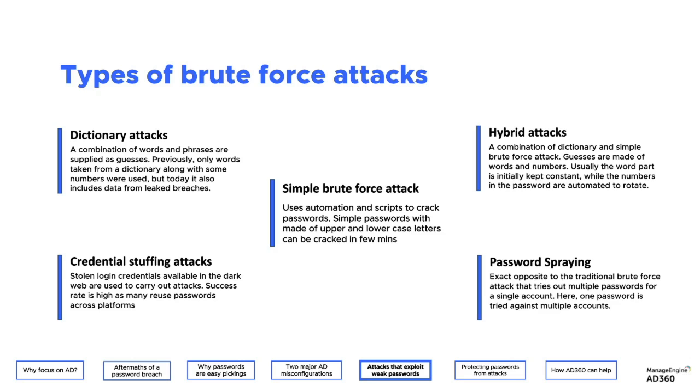With respect to hybrid attacks, these are a combination of simple attacks and brute force attacks where words, numbers, phrases, and certain contextual parameters pertaining to the organization are used as source for the attack. This way the success rate of the attack is much higher, because you have certain personal information of the users and use that as a part of the permutation combination and get the job done.